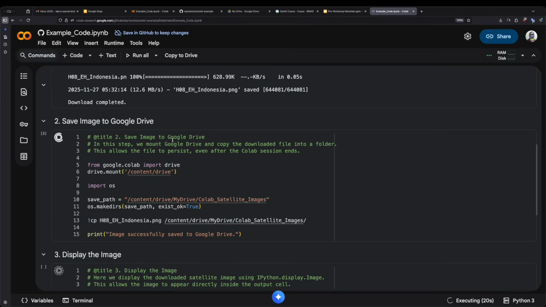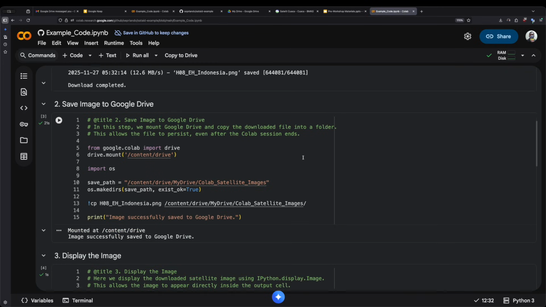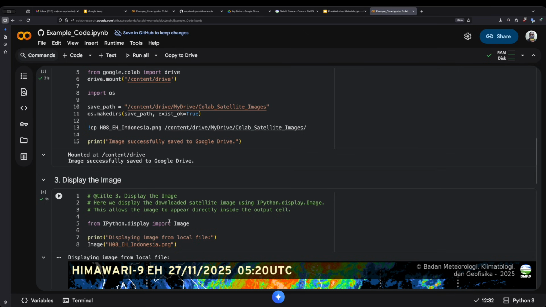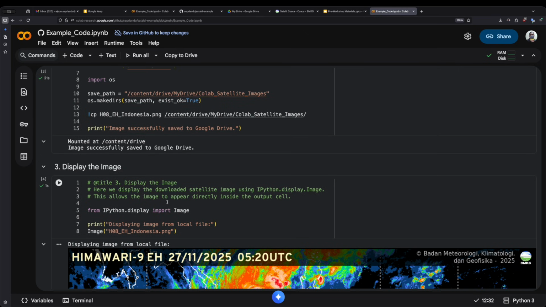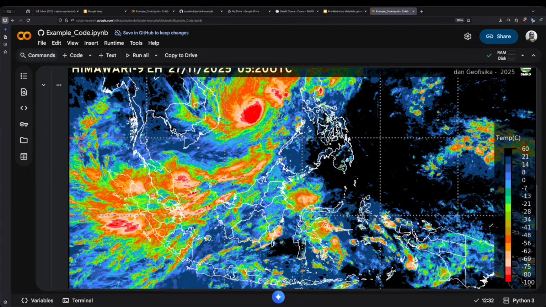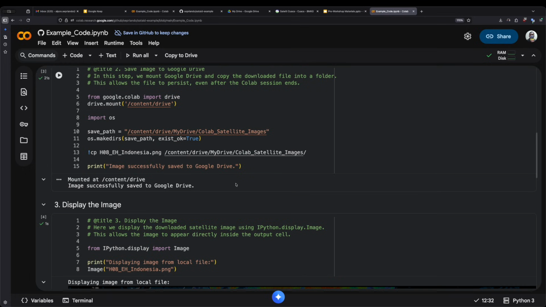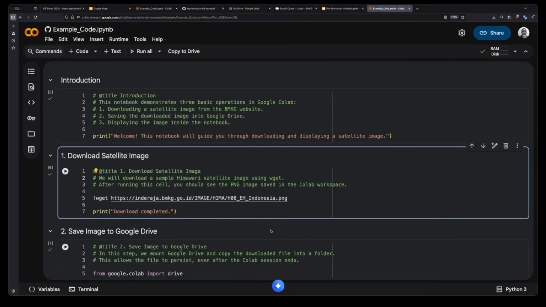Yeah, we can save your activity in Google Drive, and after that, display the image using the script, and like this. Display on Google Colab.